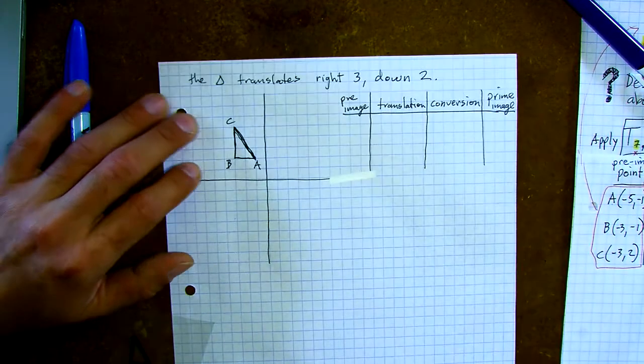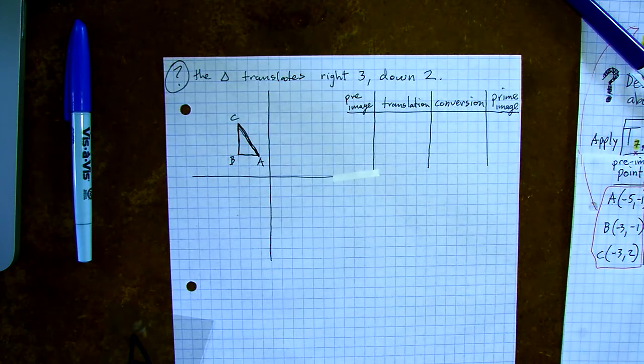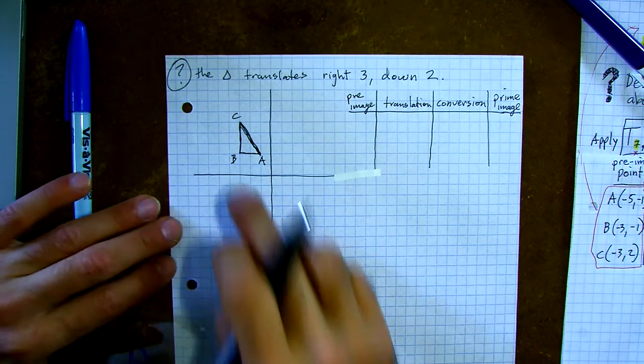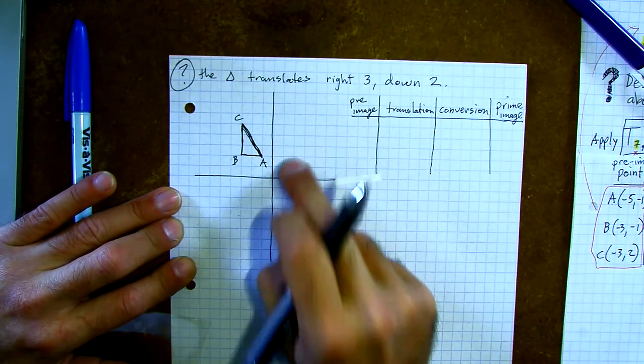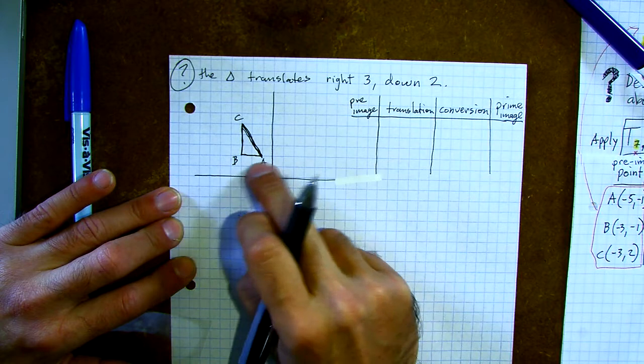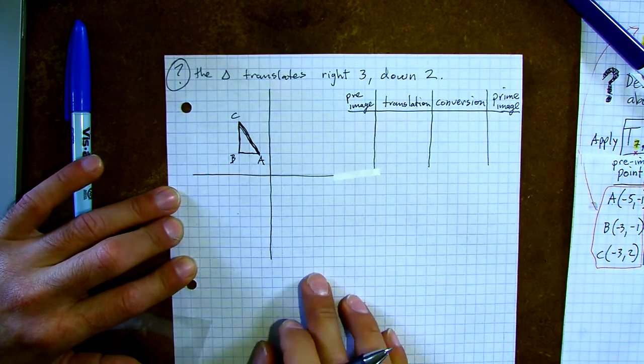Okay, that's going to be the prompt. This is going to be the question. They're going to give you something like that, and for the homework we have to find the new position of the shape and find all the prime points, all of A prime, B prime, C prime. So where the triangle ends up, we're going to have to find the actual